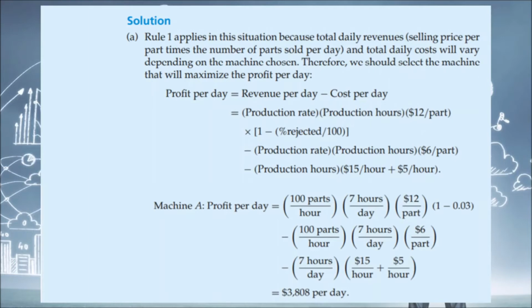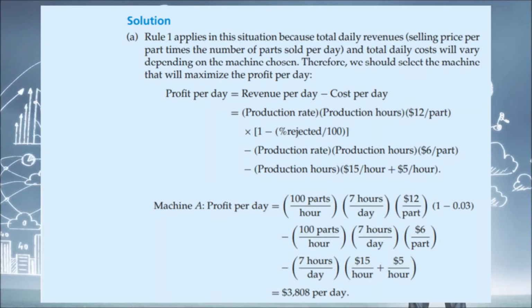That is equal to production rate multiplied by production hours multiplied by the $12 per part, or the price that the part is being sold, multiplied by 1 minus the percent rejected over 100, minus the production rate multiplied by the production hours multiplied by $6 per part, minus the production hours multiplied by $15 per hour plus $5 per hour. For machine A, the profit per day is equal to